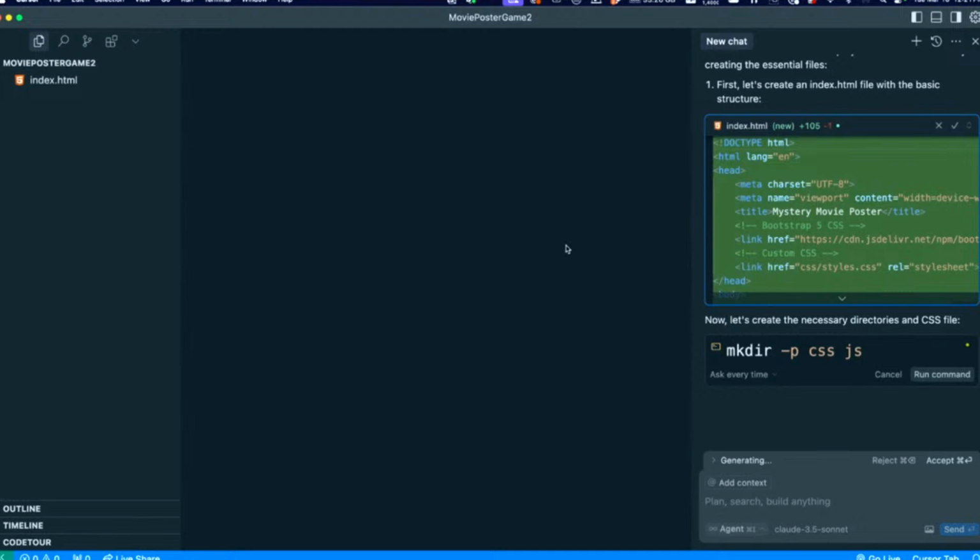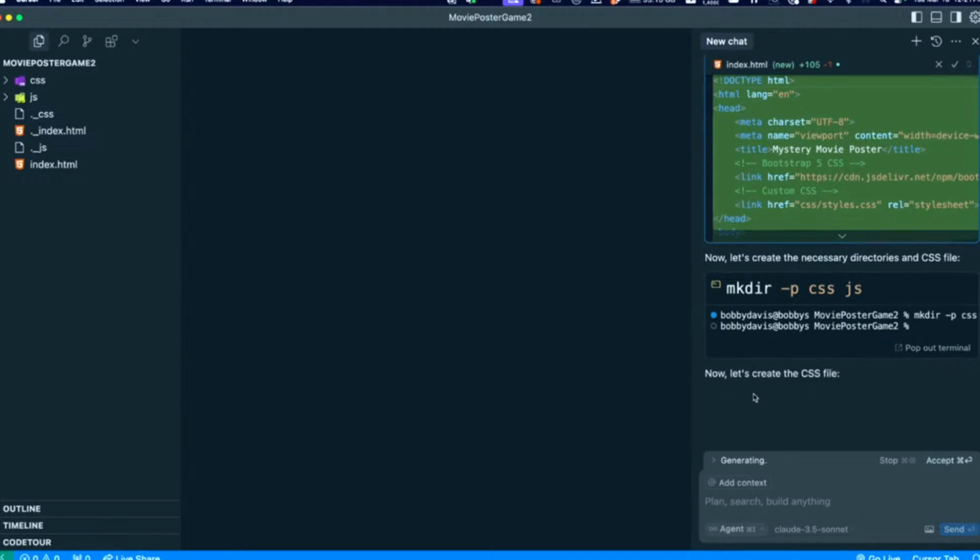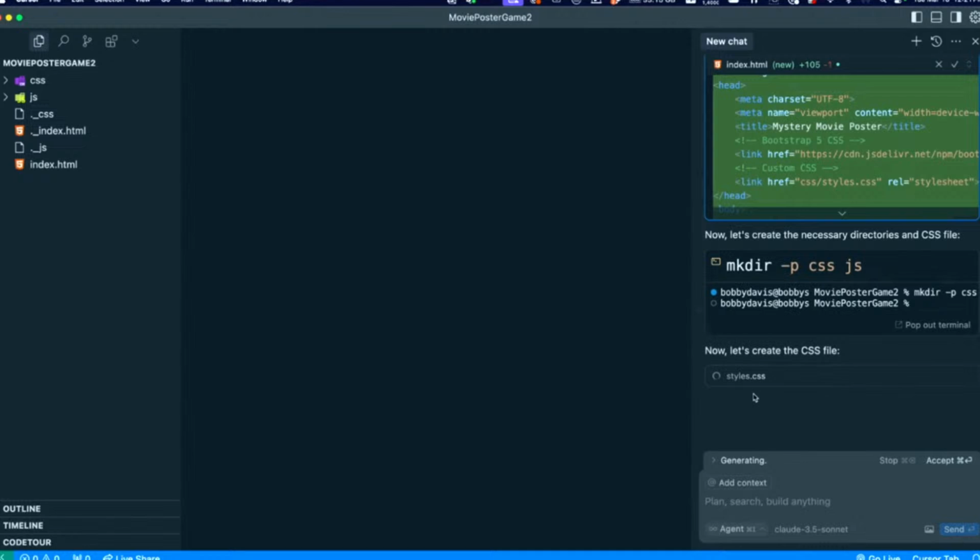What's that saying? Let's make directory. Does it want me to make these? Oh yeah, you do have to run that command. Hit run command. Sometimes it'll ask you to do that. It's going to run a terminal command. Why is it doing that? It's capable of creating its own directory, right? We thought it was. I'm sure when I demoed mine, it did, but maybe not.